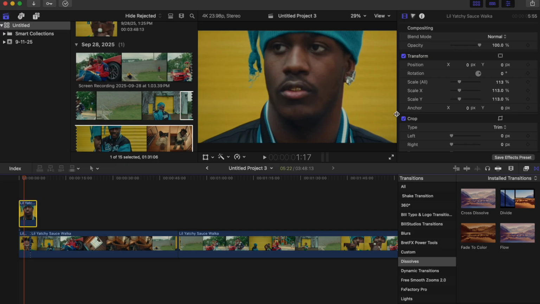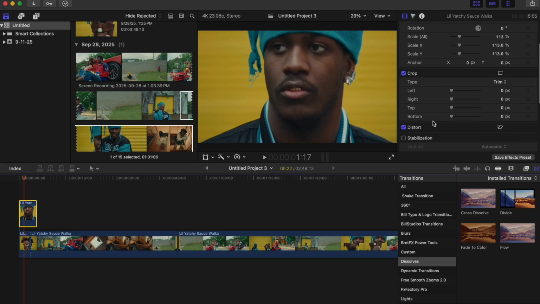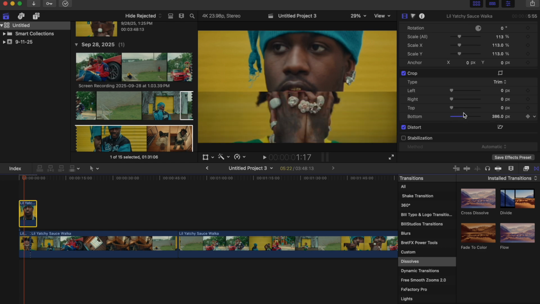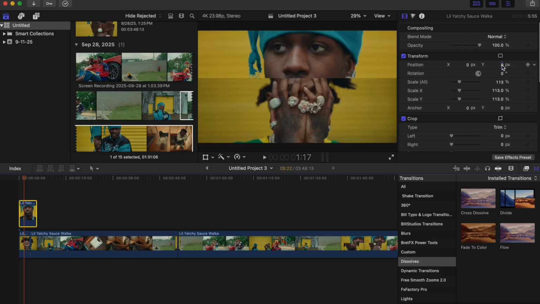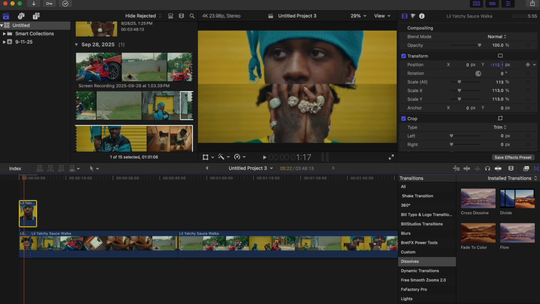And in this instance, I just wanna crop him down to where we can only see his nose. So here's pretty good for me. And then we can bring him down on the y-axis just a little bit. About right here, make it look even. And now on our bottom clip,